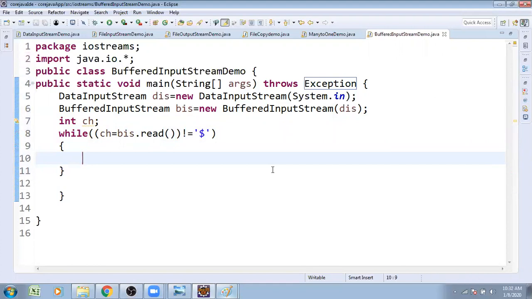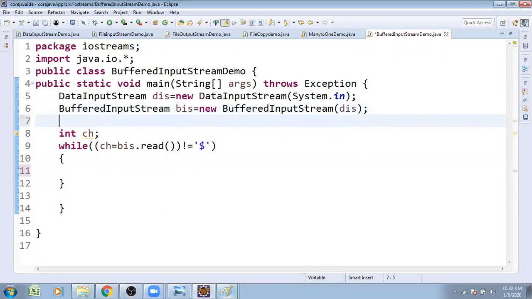After that, I want to print the output on screen only, System.out. Otherwise, store the output in a file. For file output storing purposes, FileOutputStream.